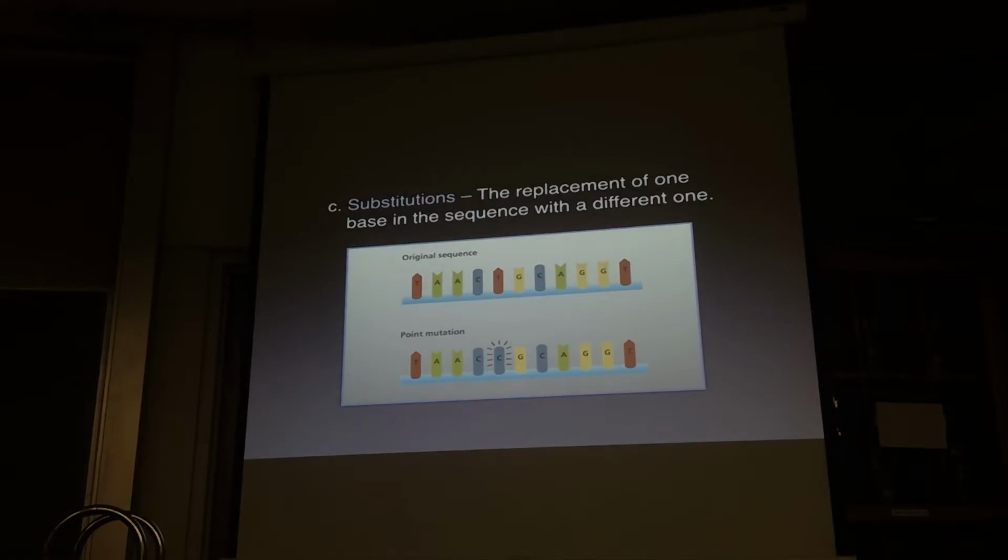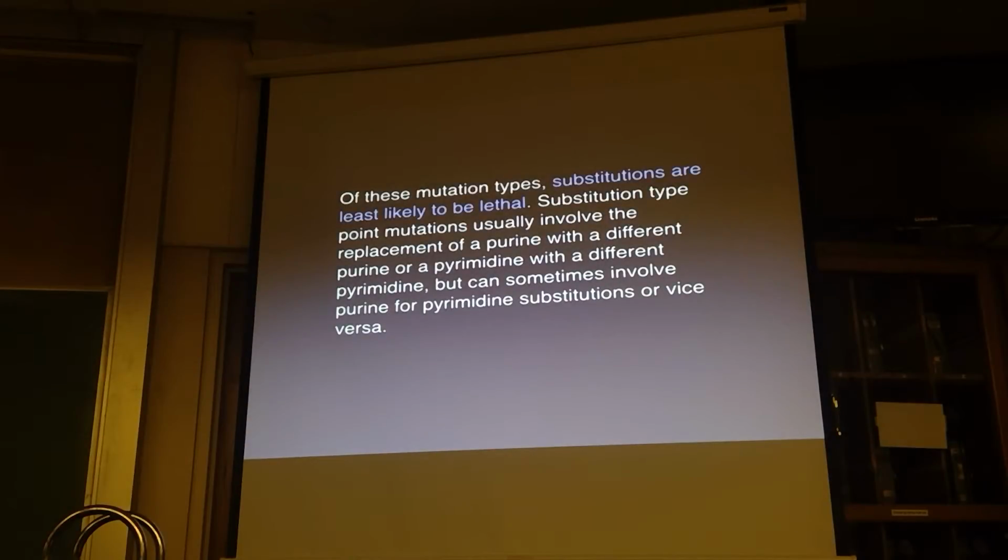The other thing that you can do is substitute. That is, just change the base. Put in a different one. And a lot of mutagenic agents tend to cause that type of mutation where they will cause a single base change, but the base is just modified. So then we have to look at what is that going to do? And that's where you can play about with doing the transcription and then the translation and see if it makes